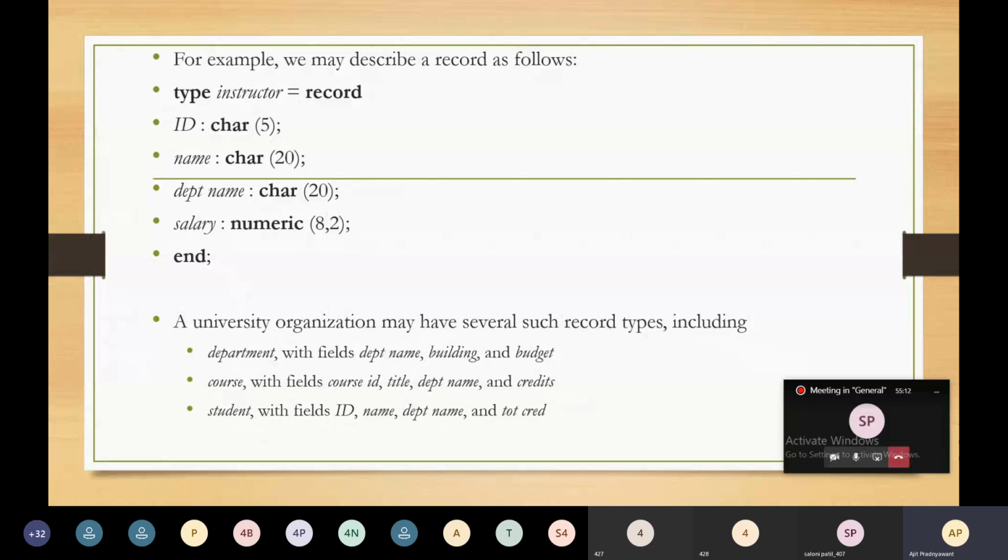Next is course with fields course ID, title, department name, and credits. Next is student with fields ID, name, department name, and total credit. Such kinds of relations you can find in any database by looking at their structures.